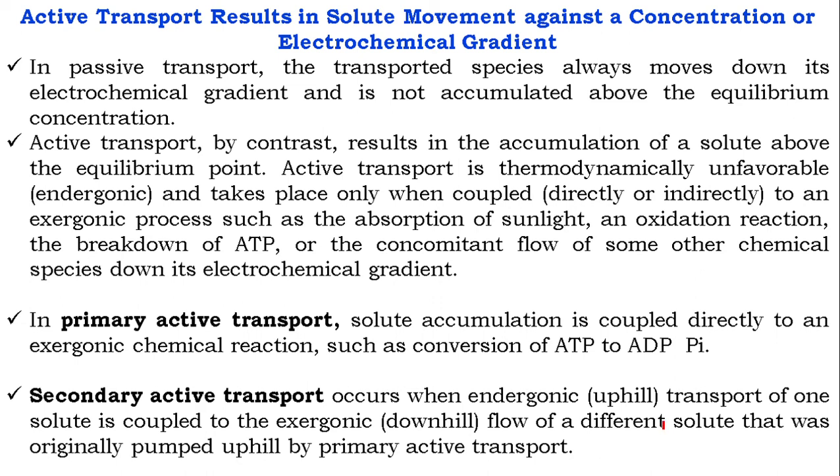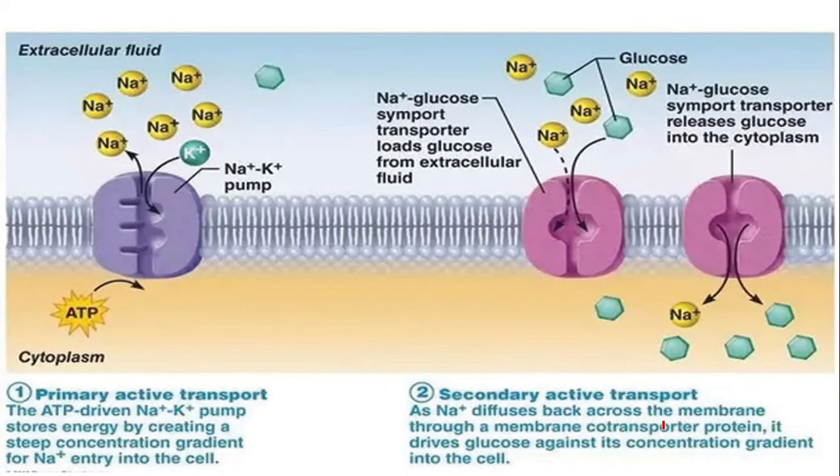You might have heard of sodium coupled transportation of digested molecules from the alimentary canal. Sodium linked transportation like that. They are examples of secondary active transport. Yes, that is what is shown here. Primary active transport is there, secondary active transport is there. Sodium is actively transported, along with that one glucose also is transported. In the case of primary active transport, only sodium is being transported utilizing ATP.